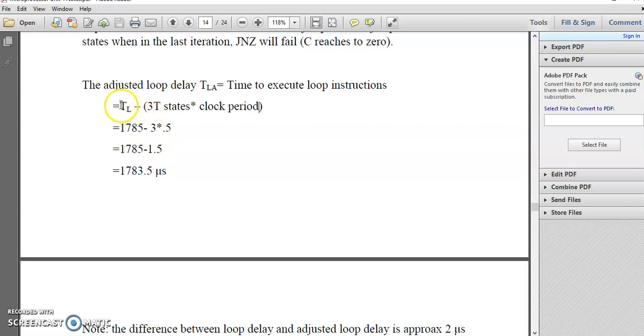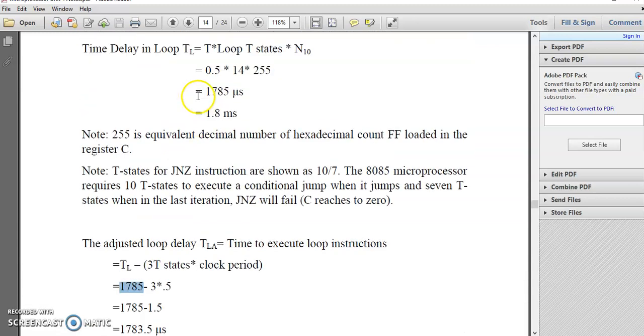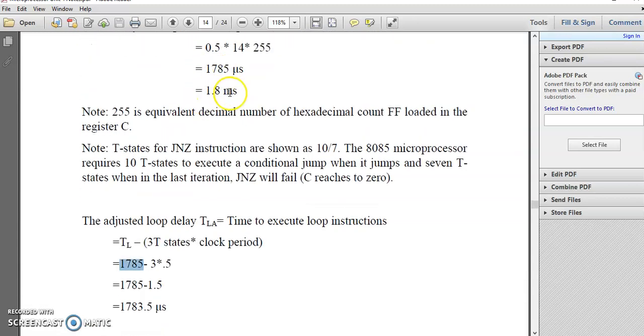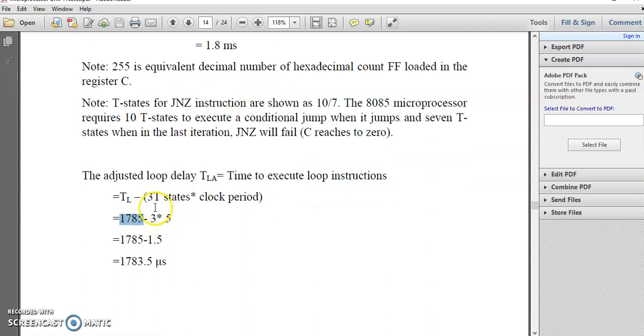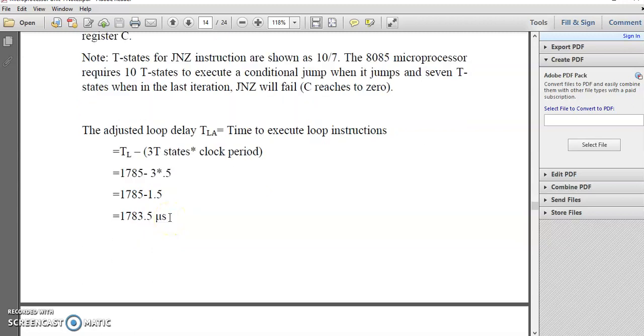TL represents the 255 iterations time delay, that is 1785 microseconds, minus the time for 3 T states, calculated as 3 into 0.5. Now we have the time delay inside the loop.